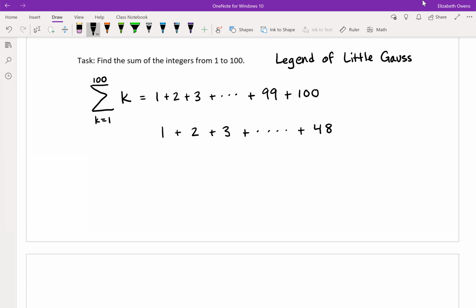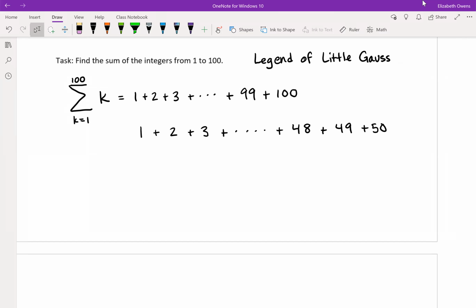But look, then I get to 48, 49, and 50. If I turn around from that point and then add the rest of the numbers, 51, 52, 53, etc., to 98,